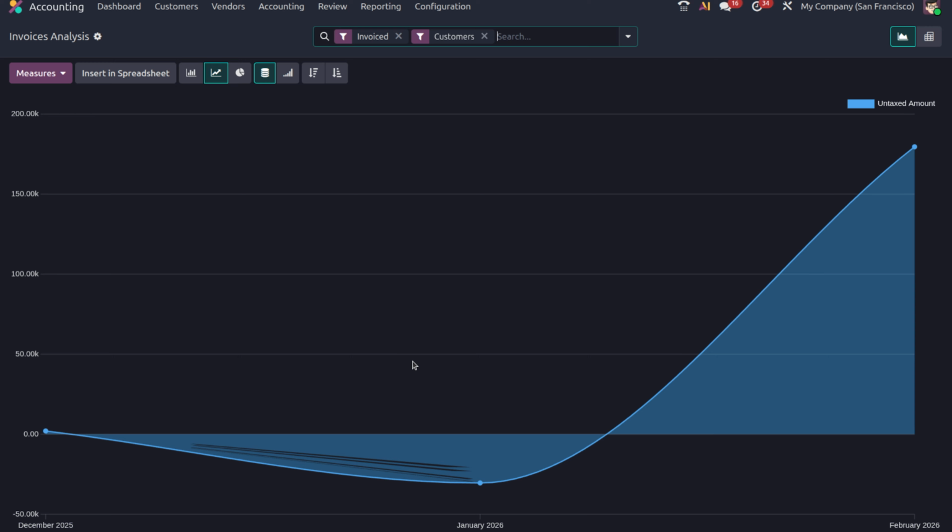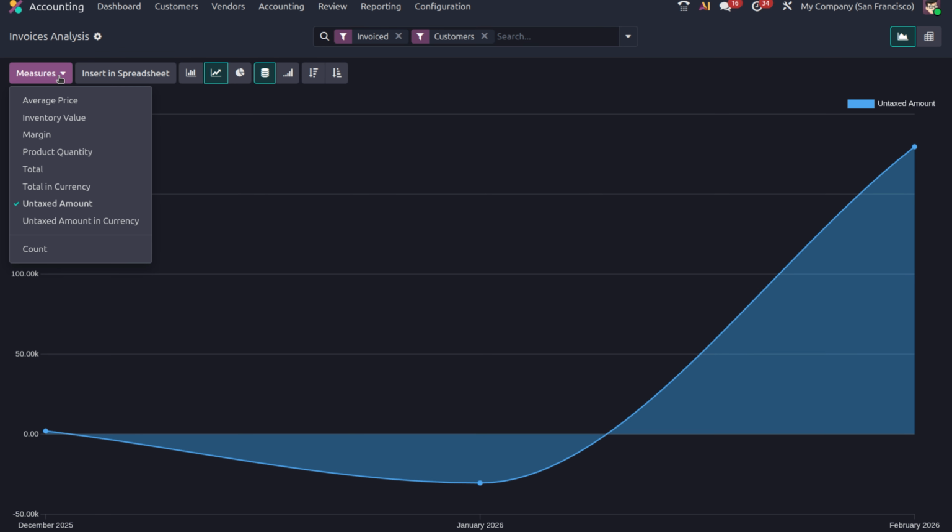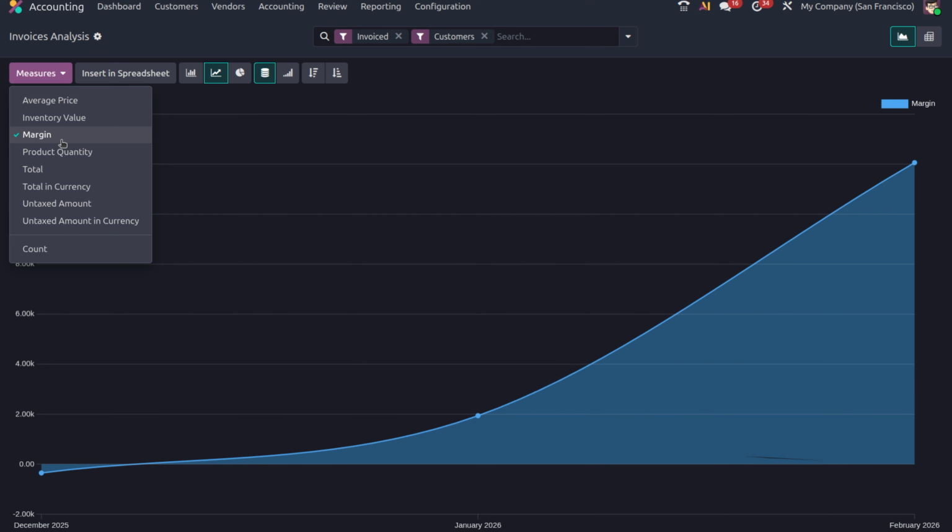Once you open the invoice analysis report, you can simply see the total invoiced amount and the number of invoices, and you can use measures from the graph view like average price, inventory value, and margin. Inside a graphical representation, you can only choose one measure. Let me move to another one, which is margin. If I want to see the margin of invoices in a particular date range, I can simply click on